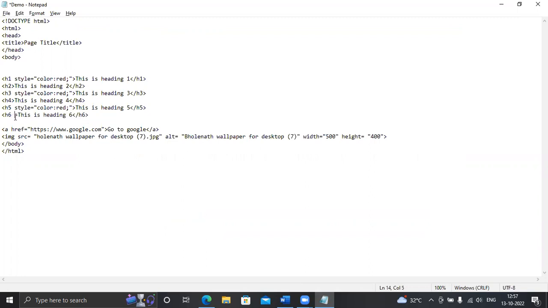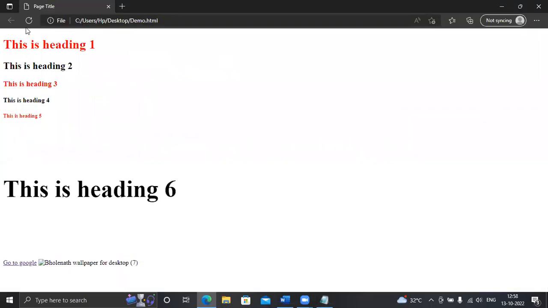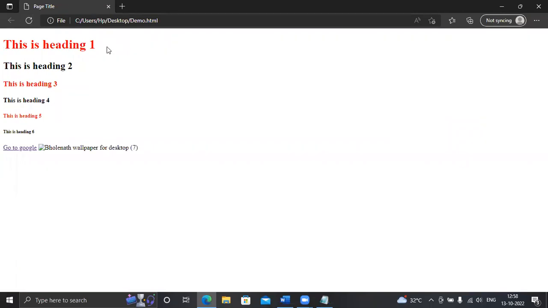Here we have h1, h2, h3, h4, h5, h6, and in between those tags there is no line. This is heading 1, this is heading 2.